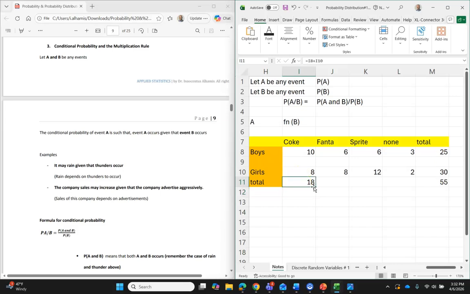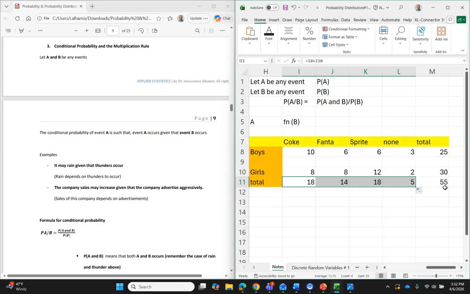How about Sprite? So we can copy the formula that we put here. Let me repeat again. So all I'm going to do is go down here and drag to the right. So we have 14, and I can still use the same formula. Go to Sprite and also to none. Since we have the formula here, we can copy that formula all the way to the right. If you add 18, 14, 18, and 5, you will get 55. And if you add these 2, you will get